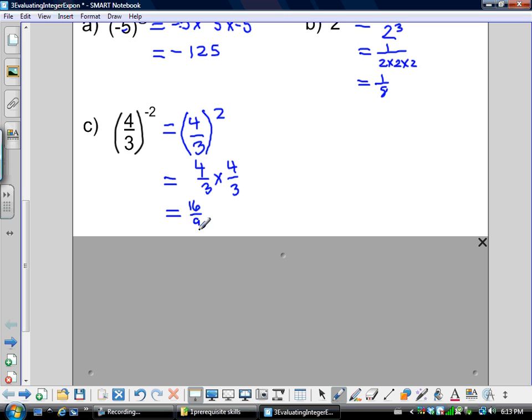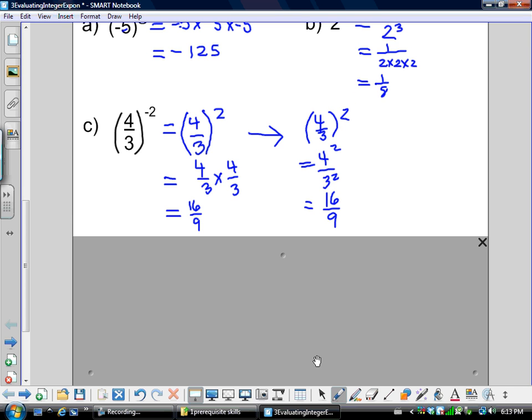You could actually do it a different way. When you get to this stage here, and I'm just going to write it beside so you can see that there's an alternative way, you could change that to 4 squared over 3 squared. So in fact, we're bringing the power into each one of these. And when we do that, we end up with obviously 4 squared is 16 and 3 squared is 9. You end up with the same answer. This is actually another exponent law, the quotient law, which allows us to bring it in to both the numerator